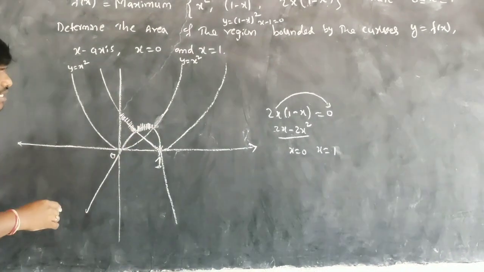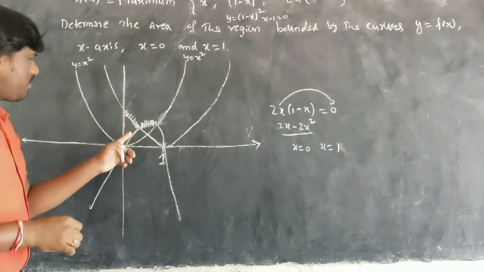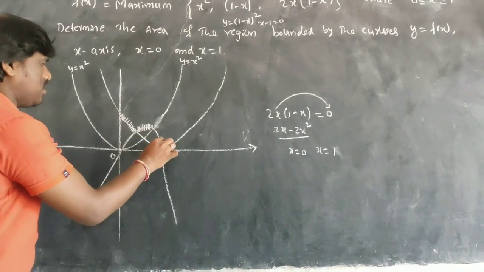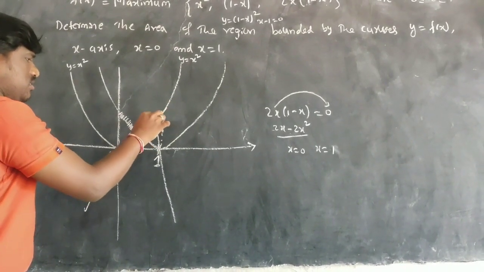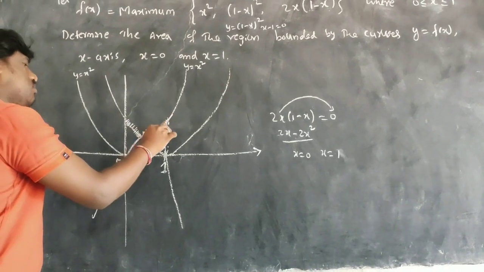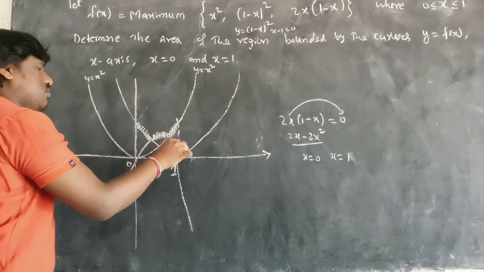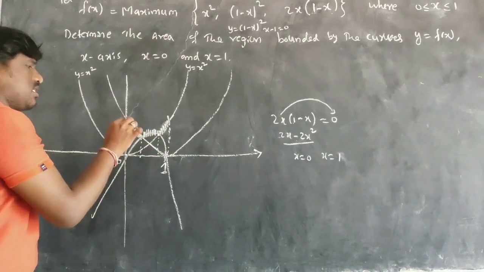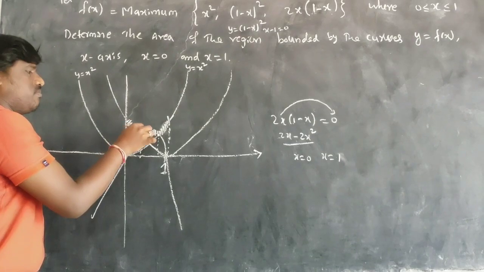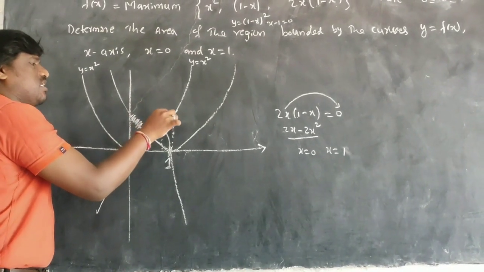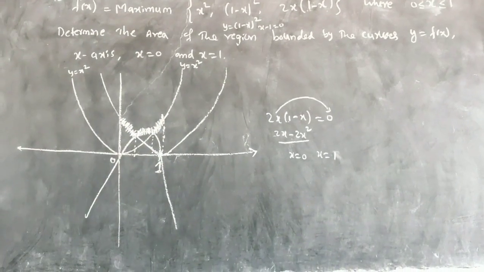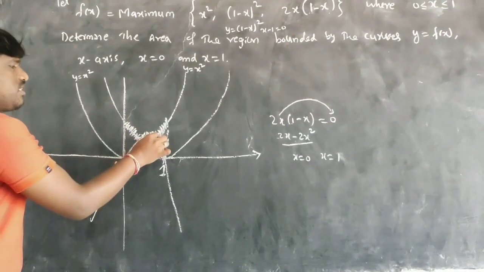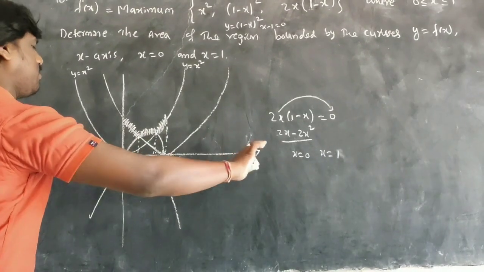So what is the maximum area here? This one is the max. Next, this one is the max, and next it is till this one. If you see properly, for one this is intersecting at another place, and this is also intersecting at another place. So this is the maximum area from 0 to 1. These three graphs' intersecting points are here, and you have to find this maximum area. So you have to find this intersecting point and this intersecting point.